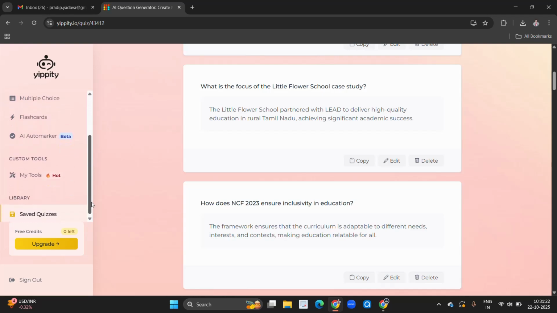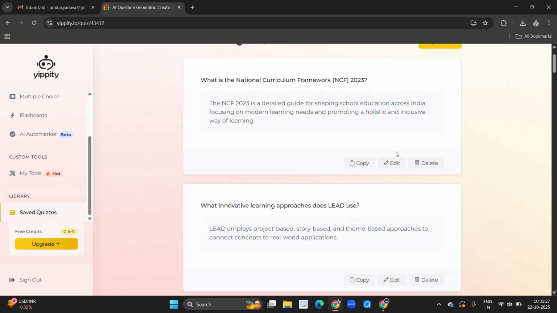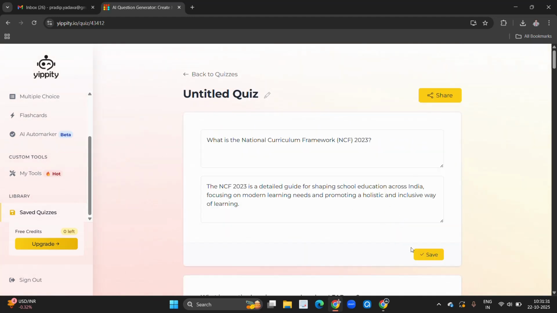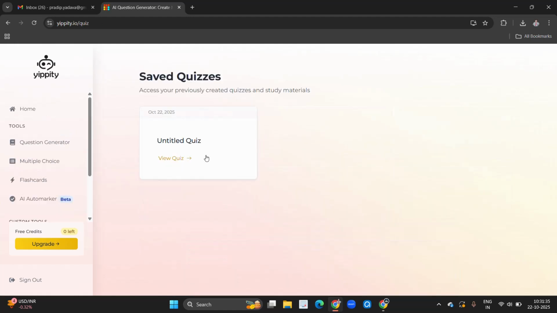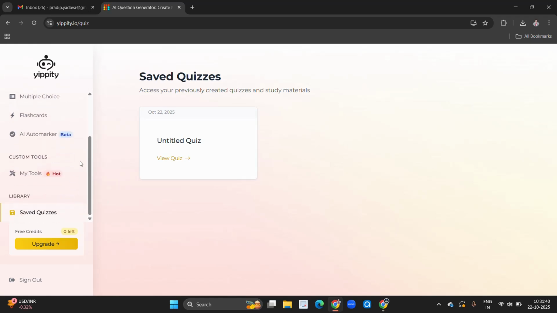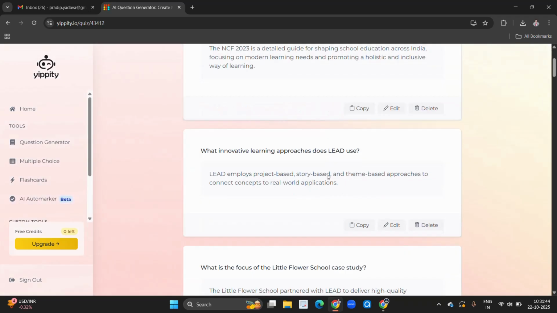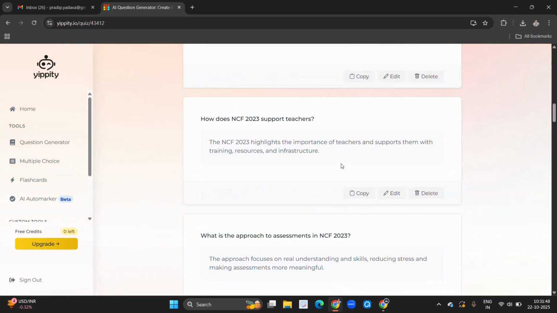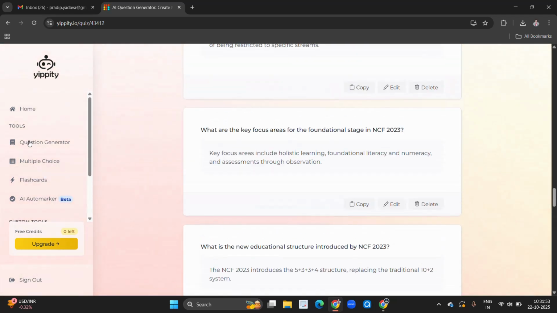So here you can see saved quizzes. Okay, in this if you want to edit, you can edit this question and answer. Okay, here you can see your saved quizzes. Here you can see the view, copy, paste. If you want to edit, delete, you can do. And also if you want to export all the items, you can do.